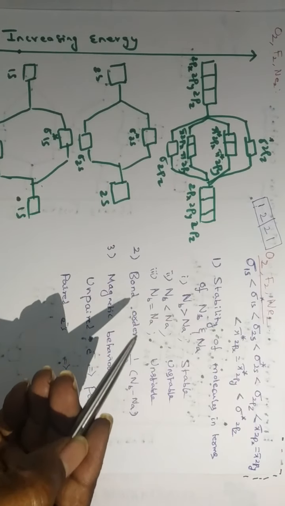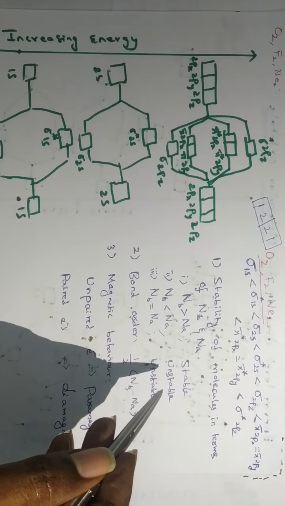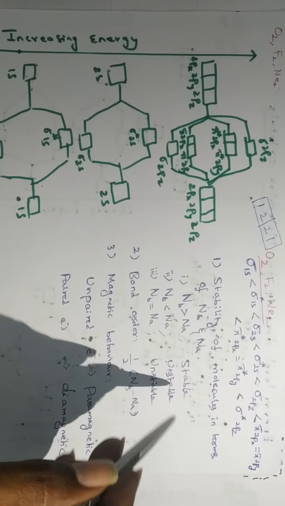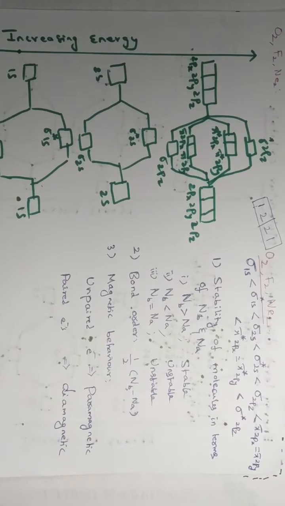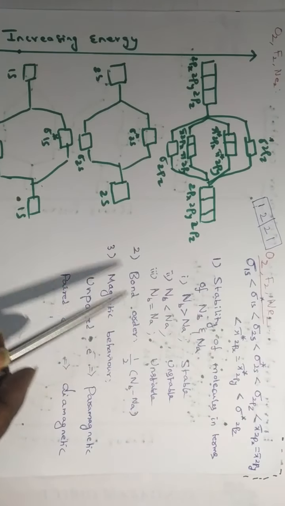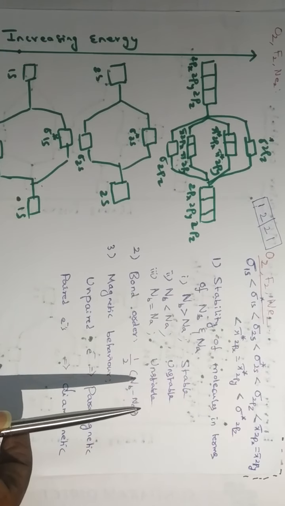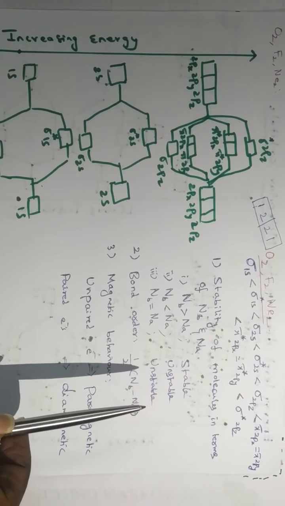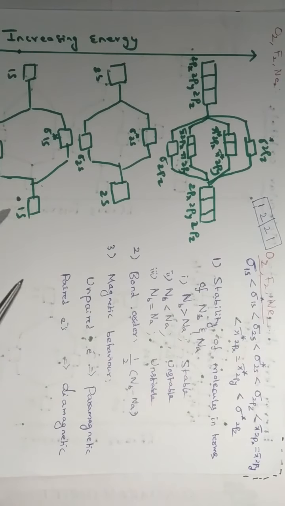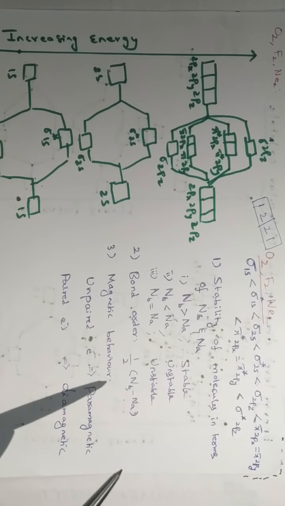Next case, Nb is less than Na. The molecule is unstable in this case. This is because the anti-bonding influence is greater than the bonding influence, resulting in a net force of repulsion. In the next case, Nb is equal to Na. Here again the molecule is unstable. This is because even if the number of electrons in bonding and anti-bonding molecular orbitals is equal, the anti-bonding influence of the electrons in the anti-bonding molecular orbitals is greater than the bonding influence of the electrons in the bonding molecular orbitals.